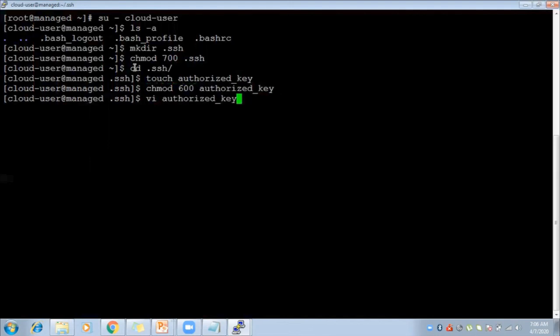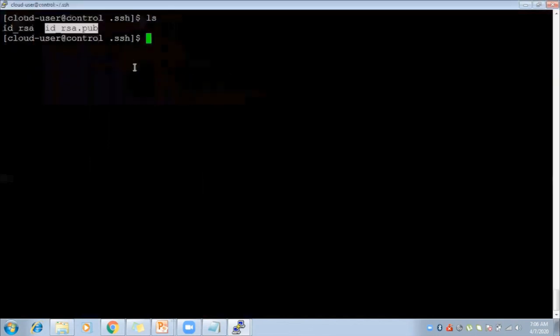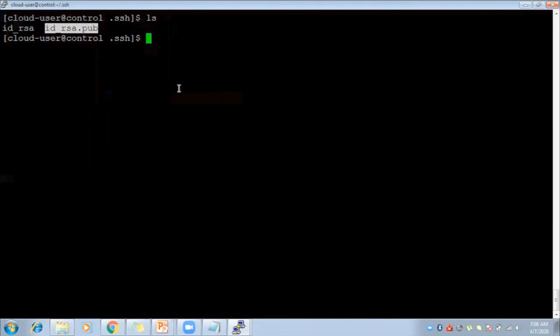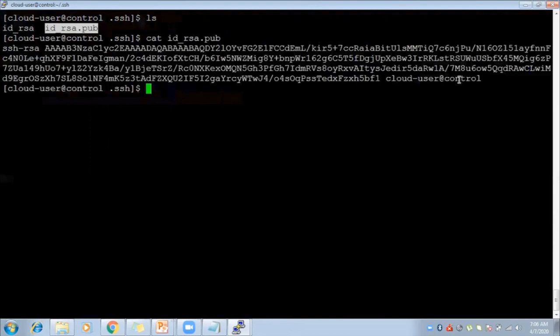Here we are using the VI editor. Have you guys used the VI editor? Yeah. Okay. So it's a simple editor, and you can do any operations inside there. I will simply push that key into the manage node.